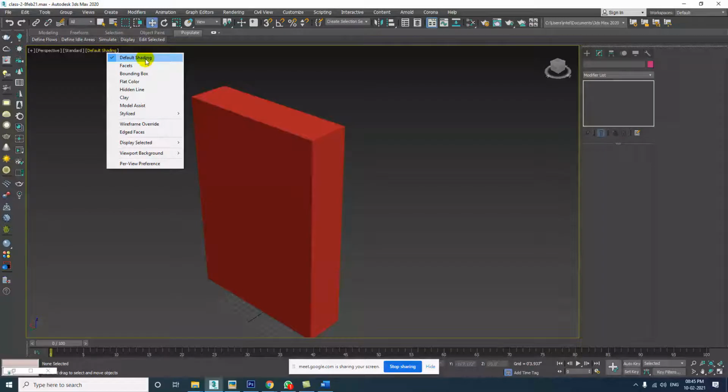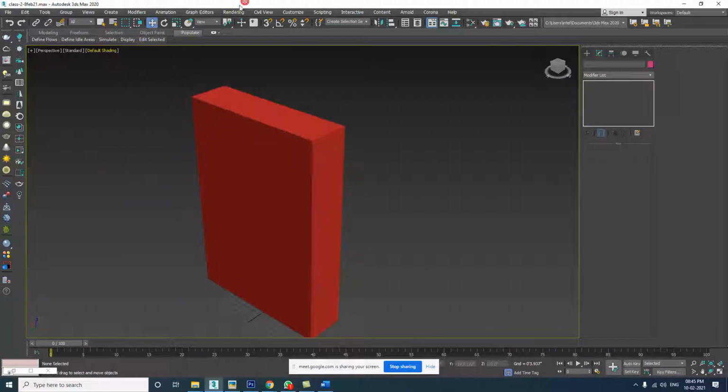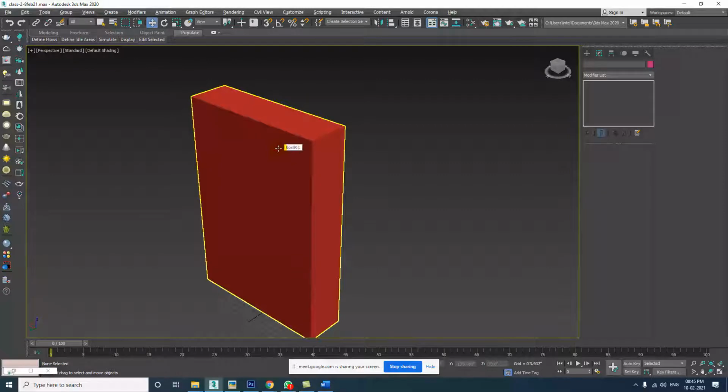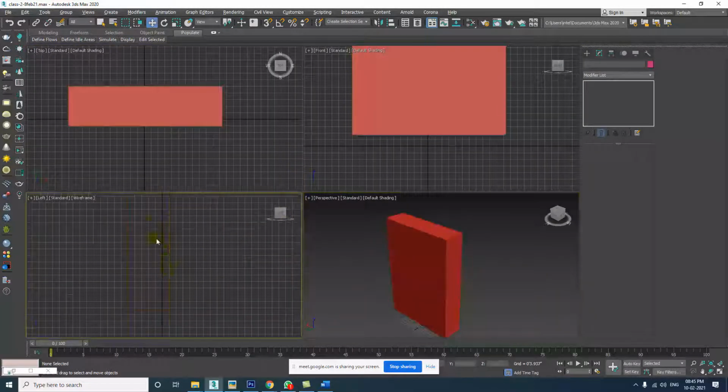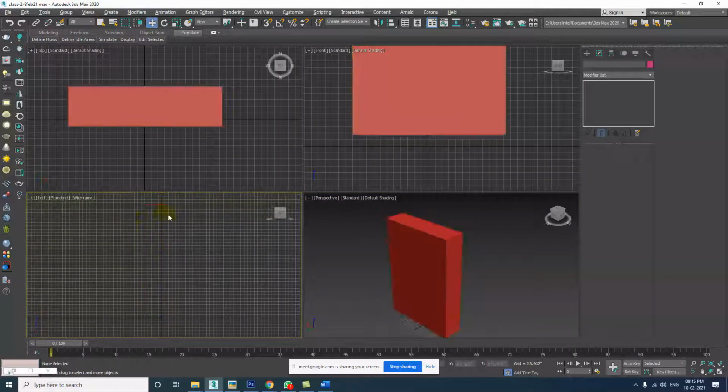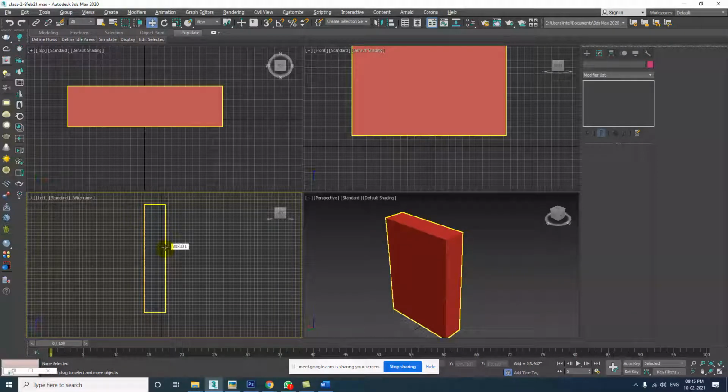Right now you're seeing a complete solid shape of your object. You remember before we have seen on other viewports the wireframe shape also, over here toward my left. So this is what default shading is telling us about.